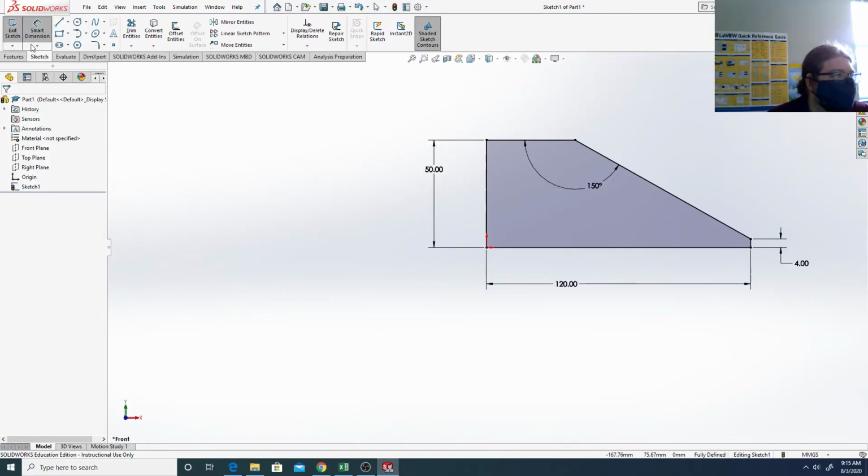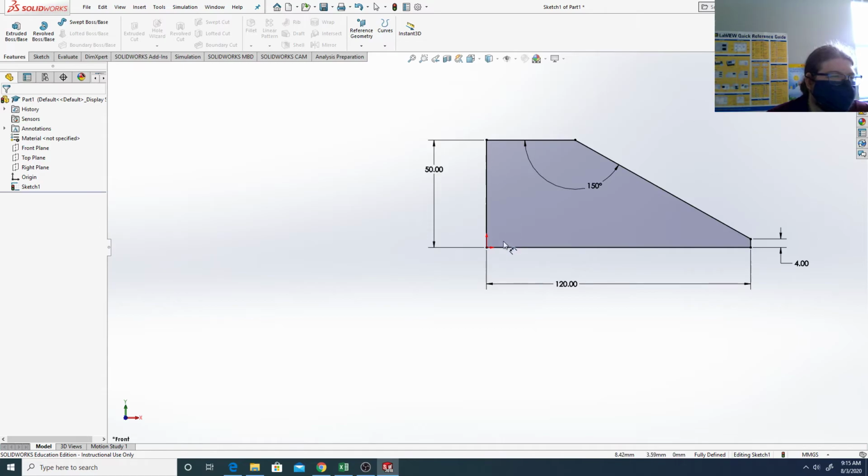So the Sketch tab lets you create two-dimensional drawings. We're going to go to the Features tab, and this is where you can extrude the two-dimensional drawings into 3 dimensions. You get stuff like you can revolve it or sweep it, things like that. We're going to do a simple extrude. So we're going to click on this,